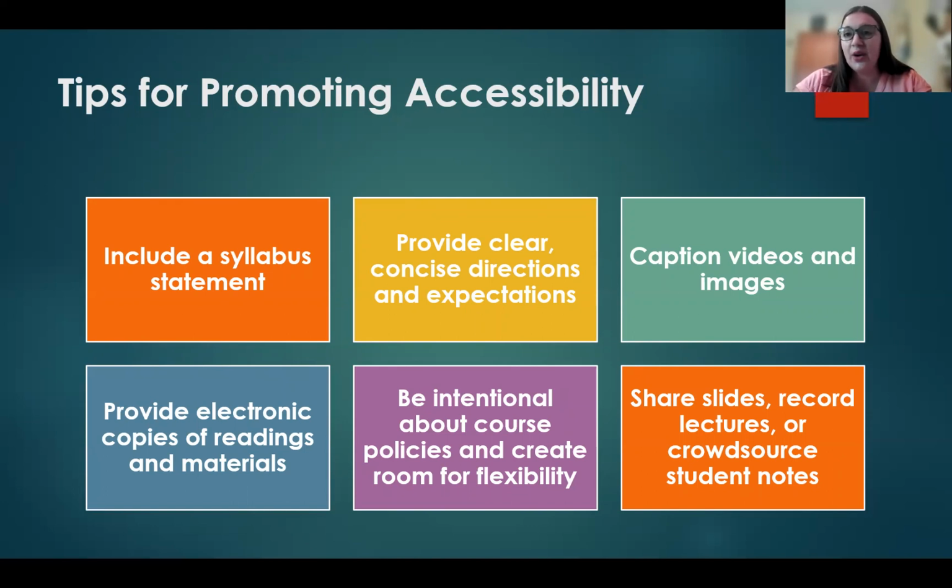Be really intentional about your course policies, and make sure that there's room for flexibility. Students who are registered with the Office of Disability Resources and other students need flexibility for health reasons, for mental health reasons, and for other disability related reasons. So just make sure that your policies have room for flexibility, that you're allowing students to access you through email or after class, before class, during office hours, so that they feel like they can communicate with you